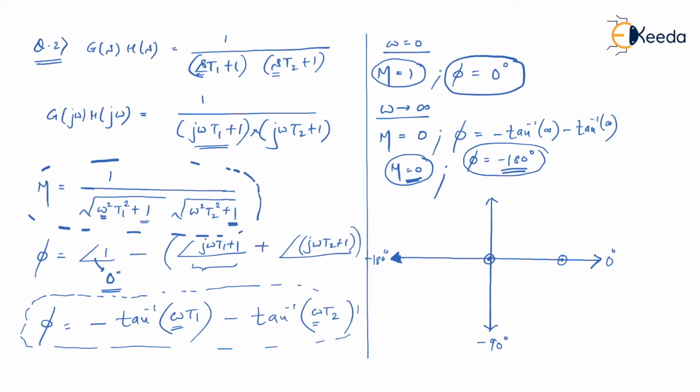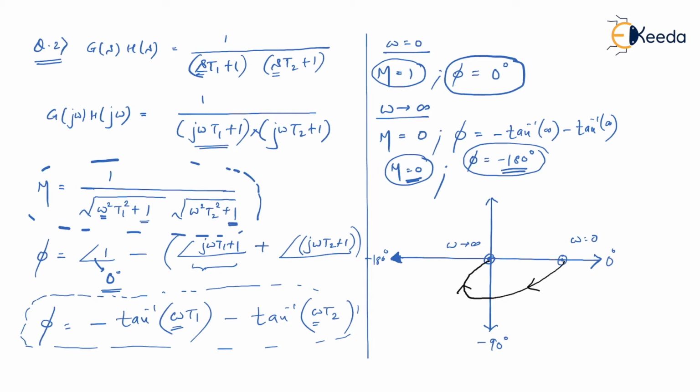So this way. As I said, you always have to start with omega equal to 0. Your polar plot starts from omega equal to 0 and ends at omega tends to infinity. So when you need to join these 2 points, you always need to join them in the clockwise direction only. In a way, I'm going to start with omega equal to 0 and finish at omega tends to infinity. So just to show from where your polar plot started, you can show such arrows. This arrow indicates from where to where your GH is moving, how your GH values are moving in the GH plane. I hope you understood this point.